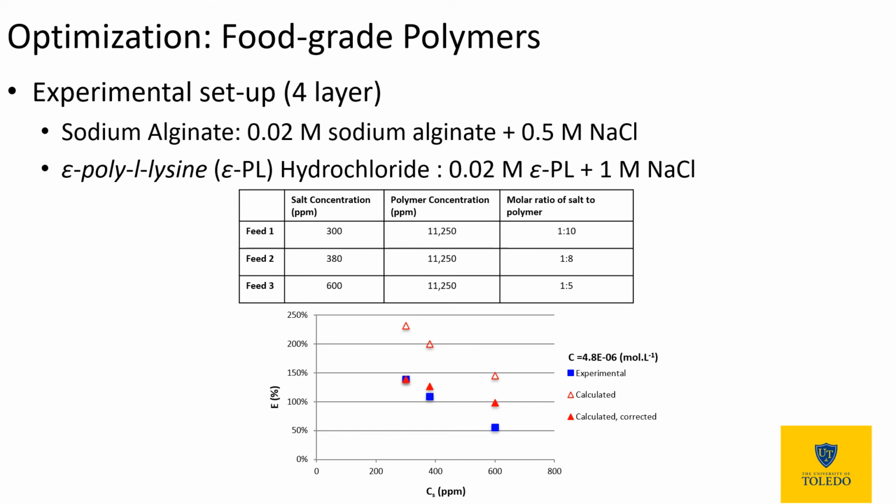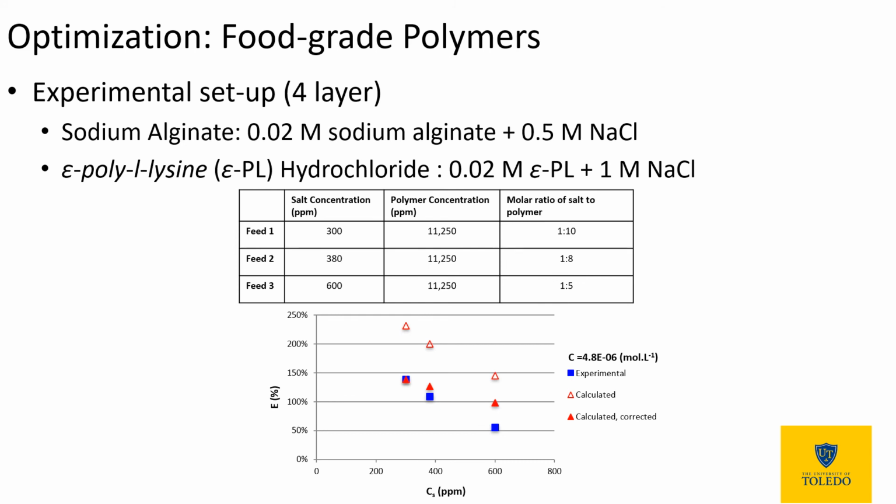If we're using this membrane and a Donnan equilibrium to produce drinking water, one of the concerns is the impact of having polymer enter into our produced water, into our drinking water. In order to overcome this concern, we looked at using food-grade polyelectrolytes instead of styrene sulfonate and polyallylamine hydrochloride. Here we're using sodium alginate and polylysine hydrochloride to form the membrane and also to